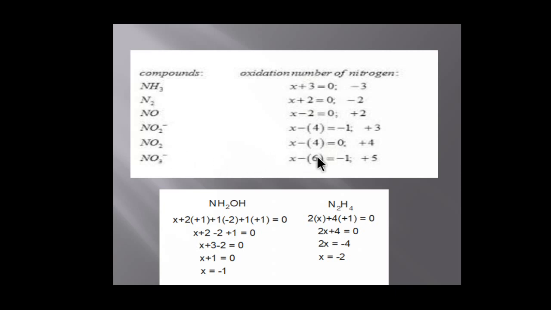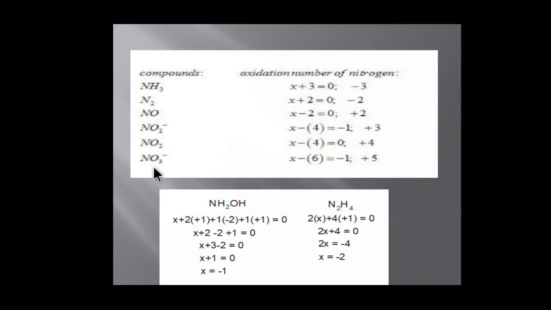Charge is 0, so X is equal to plus 4. So in NO2, nitrogen dioxide, the oxidation number of nitrogen is plus 4. And